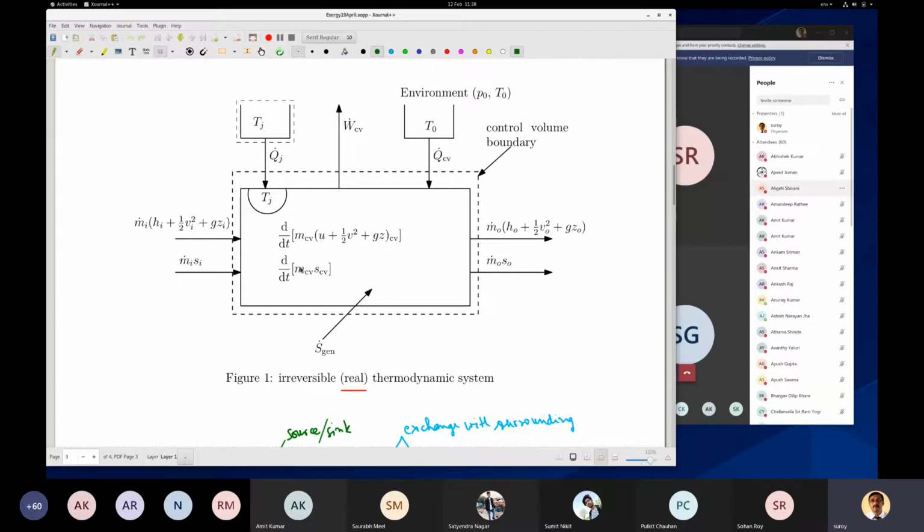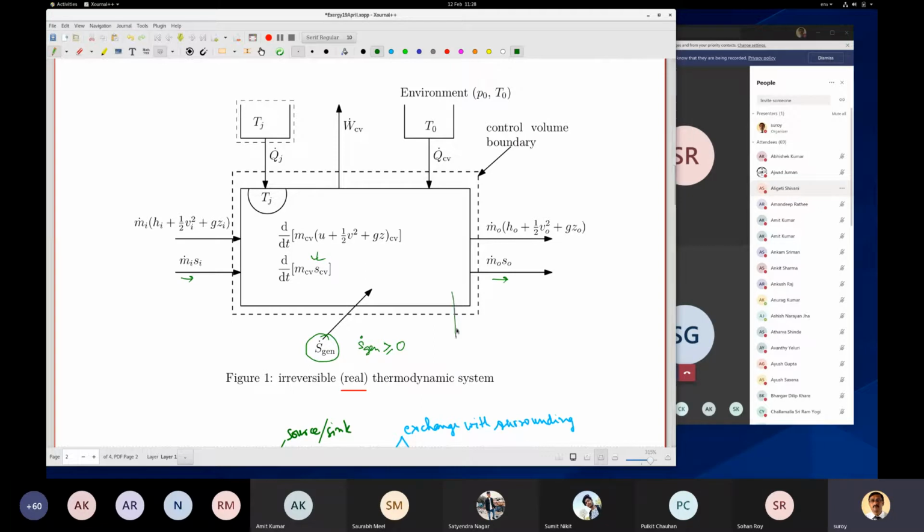Now, same thing if we do with entropy. So this is the change in entropy inside the control volume. So this is mass and this is specific entropy. And what are the contributions for entropy? So this one is a change in entropy inside, and this is coming in, right? This entropy coming in, this entropy going out, and this is also contributing entropy generation, right? So S dot gen always greater than or equal to 0. Right? And what else is coming in through the boundary, right?